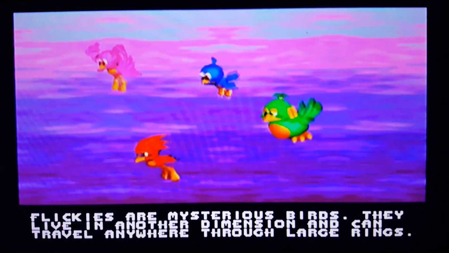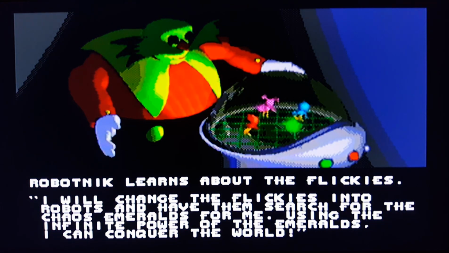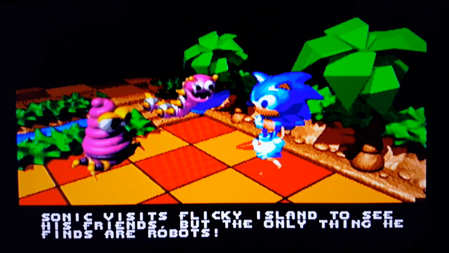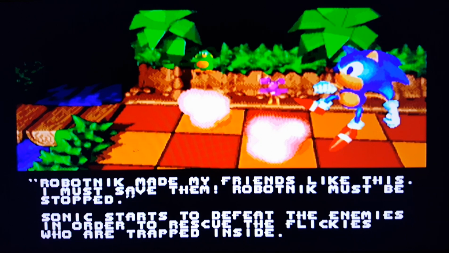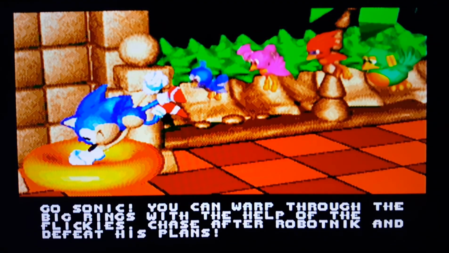Flickies are mysterious birds. They live in another dimension, and they can travel anywhere through large rings. Robotnik learns about the Flickies. I will change the Flickies into robots and have them search for the Chaos Emeralds for me. Using the infinite power of the emeralds, I can conquer the world. Sonic visits Flicky Island to see his friends, but the only thing he finds are robots. Oh no! Robotnik made my friends like this. I must save them. Robotnik must be stopped. Sonic starts to defeat the enemies in order to rescue the Flickies who are trapped inside. Go, Sonic! You can warp through the big rings with the help of the Flickies and chase after Robotnik and